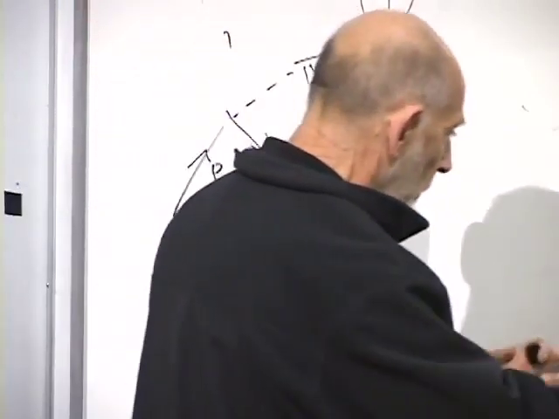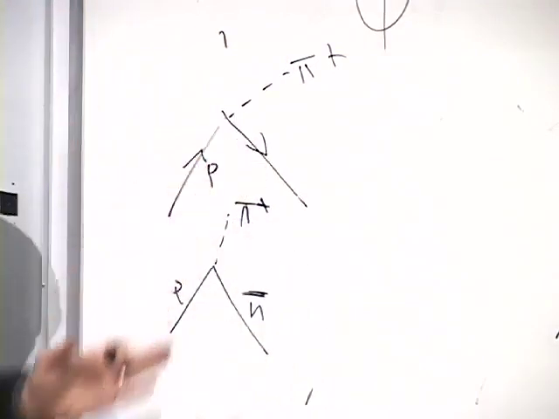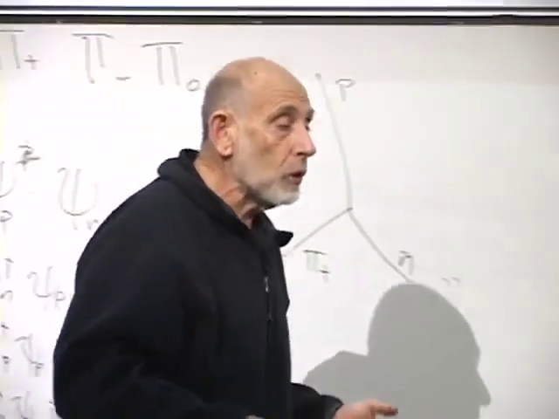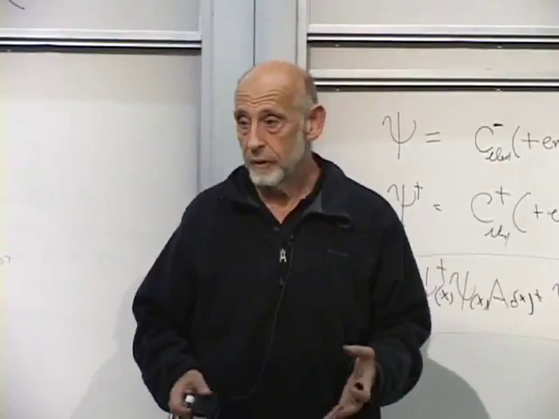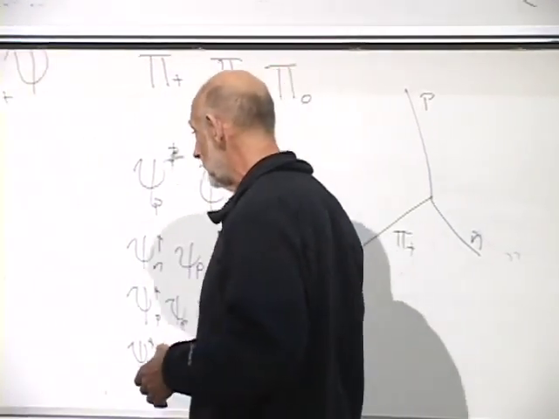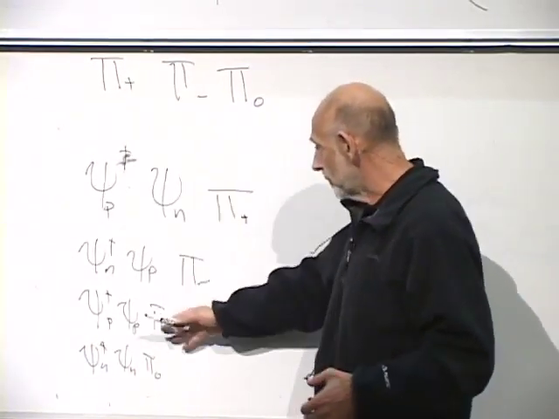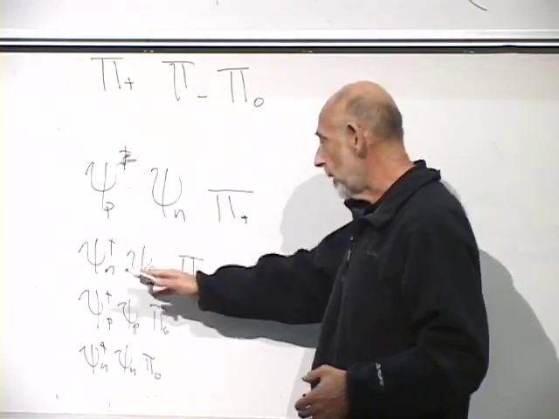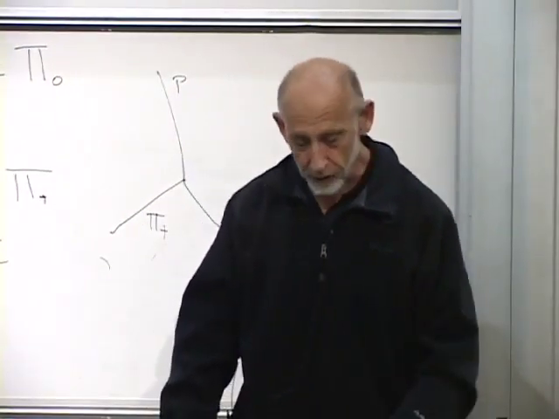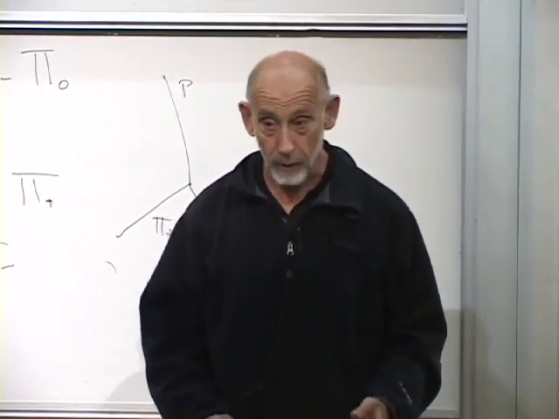So you can work out all the different interactions that take place between protons, pions, and neutrons. And basically, all of them can happen as long as they conserve charge. As long as they conserve charge, they all happen. They're all part of nuclear physics. All possibilities. And they're codified in a small number of terms. Psi dagger proton, psi neutron, pi plus, and so forth. So that's another example of where this sort of technology was important in the early days before we knew about quarks.